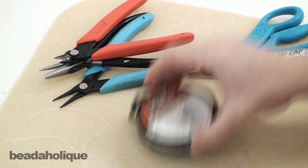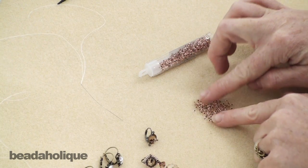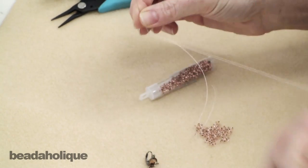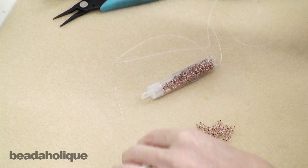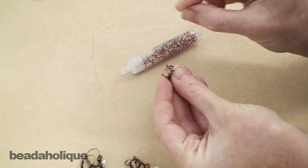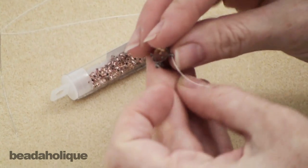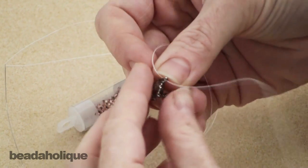So we're gonna start with actually doing the beading around the edge. I have a little pile here of size 11/0 seed beads, and then I've got my thread on my needle, and I do not have a knot at the end, nor do I have a stopper bead if you're familiar with bead weaving. So I'm going to take the end that doesn't have the needle, and I'm going to place it through a side loop. I'm going to pull it so it's about 8 inches through,